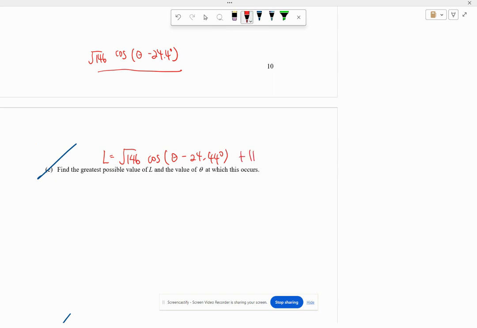Okay, now what is the greatest possible value? If I just focus on this one, let's look at the green one first. Square root 146. Then I look at the vertical shift up, plus 11, will give you the answer. Correct? So my greatest possible is